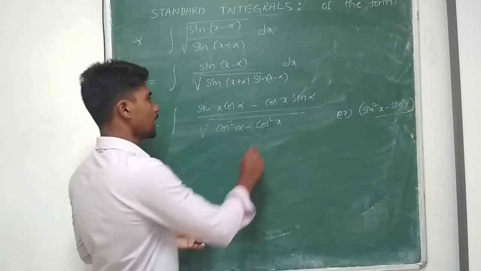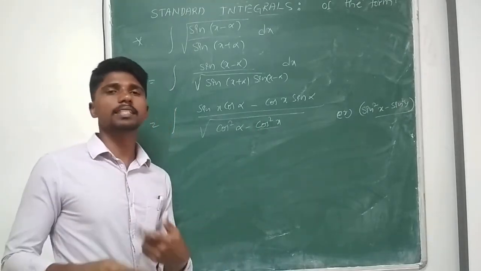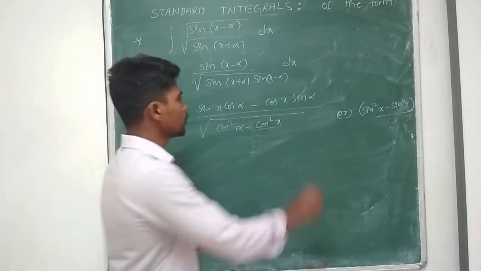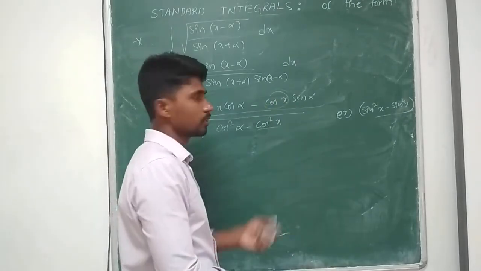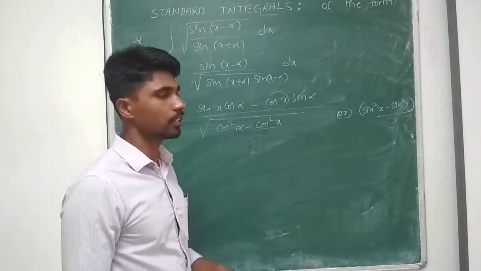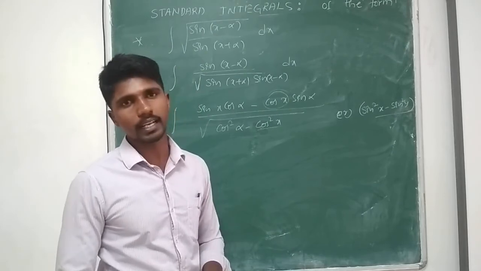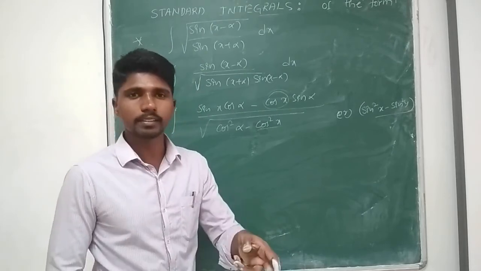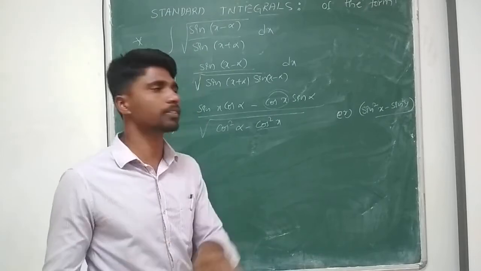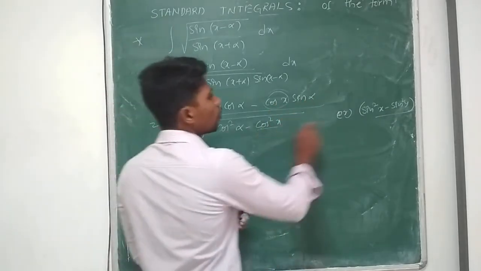Why? If I take this cos x as t, I get sin x dx will be equal to dt. Right? Coming to this particular part, I have a cos x, so for that this won't work. I need it in terms of sin, because if I take sin x as t, the derivative of sin x is cos x, so cos x dx acts as dt. For that purpose, we need to know both.